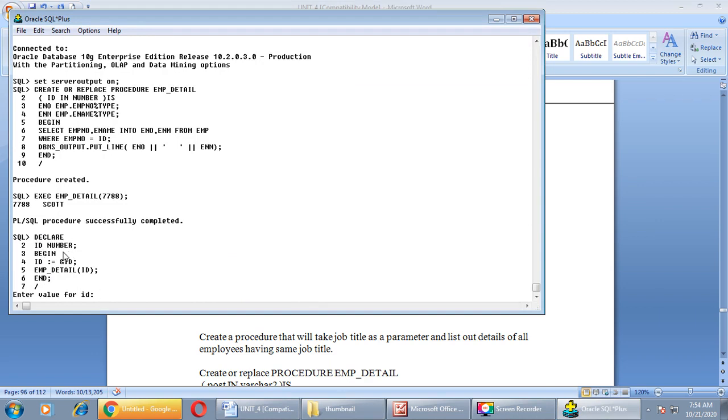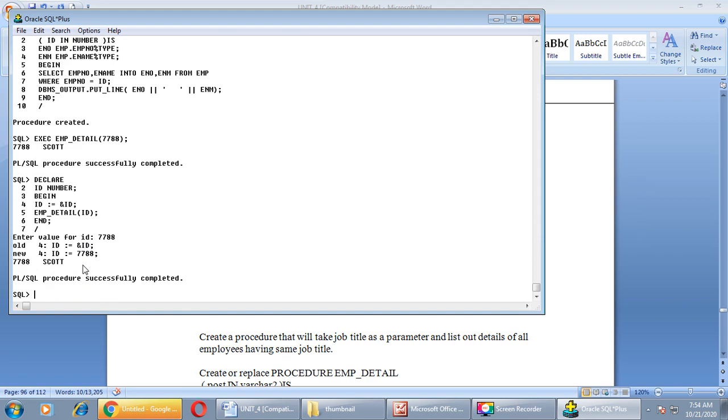Declare id number, begin id equals 7788, employee_detail, and we are passing one value over here. Then end of this PL/SQL block, id is again 7788, and press enter. We got the same output as the previous one, right?